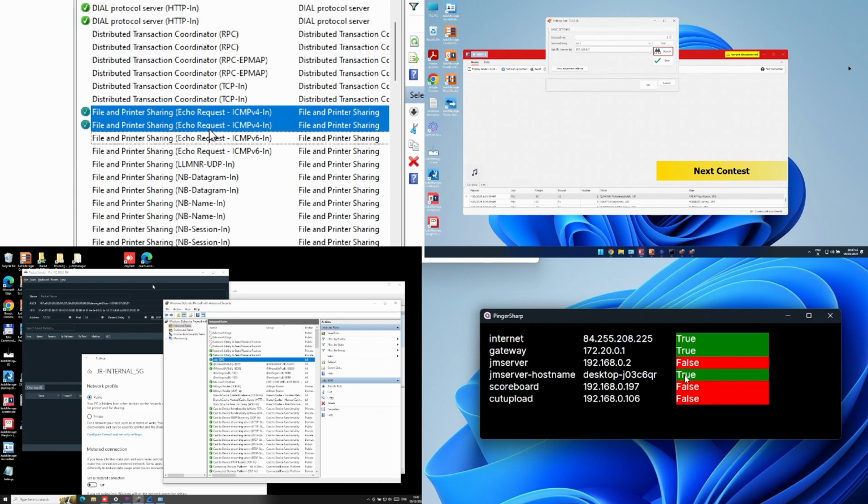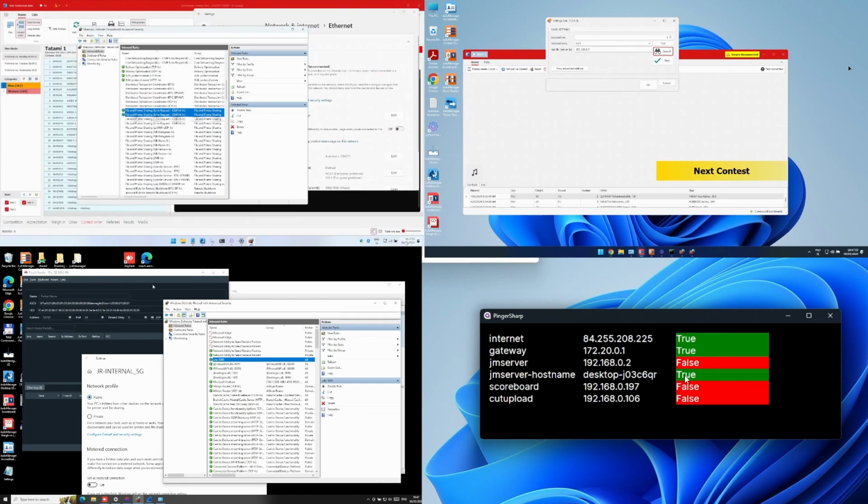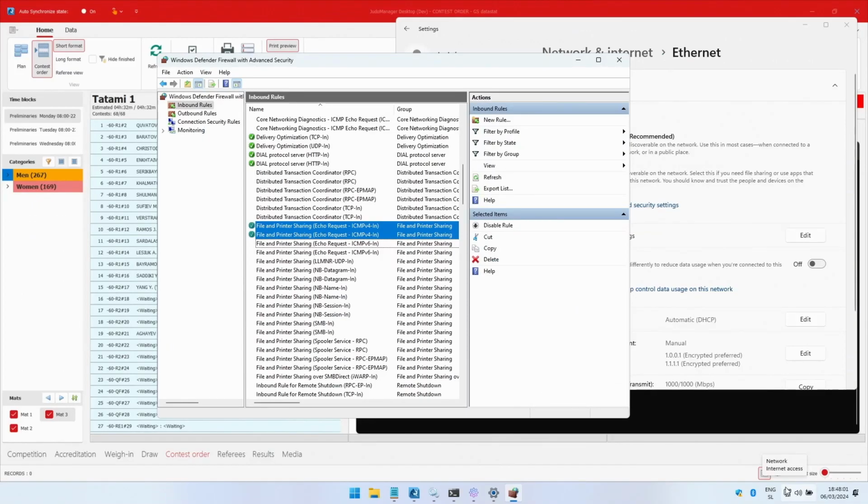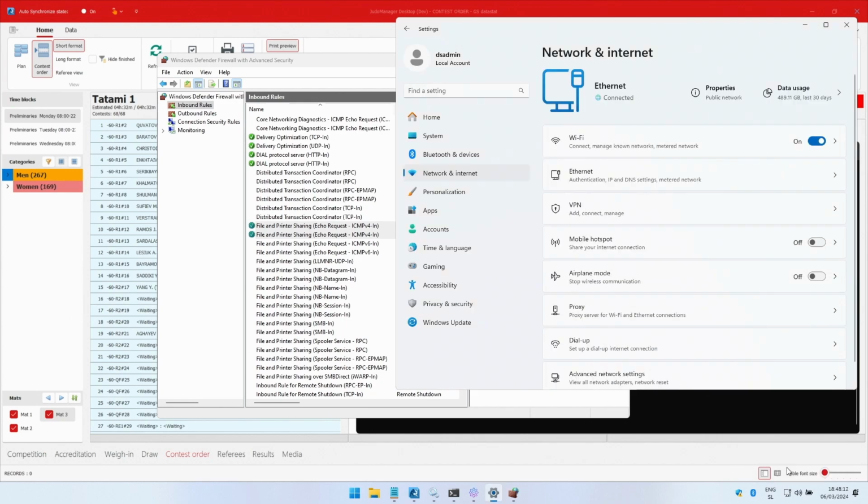And this is good. Next thing, what we will do on all of the computers is we will put the network in the private network. How do you do this? I will just try to enlarge this one. Transition. I will go out of studio mode. Now it's this computer, it's a bit bigger. If you're on Windows 11, if you right click over here and you go to network and internet settings, and then